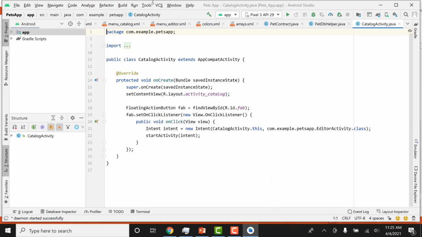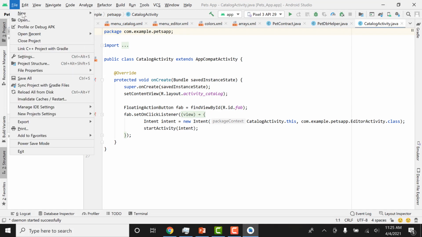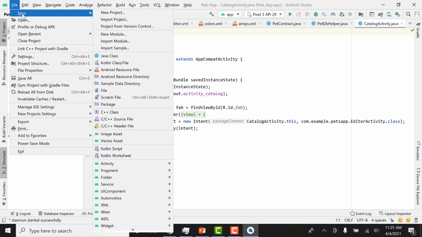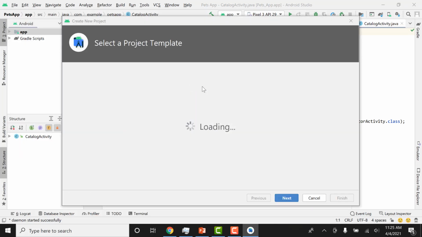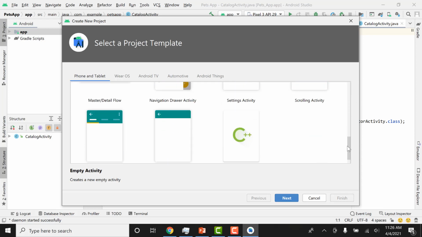Okay, so first of all, let us create a new project. I'm going to start from where we left off in the offline class. So go to File, New, and then you can select the new project. This window is important. If you are comfortable with Android development and you want to use an already built-in template, then you can use the basic activity, the bottom navigation activity, and the rest of the templates.